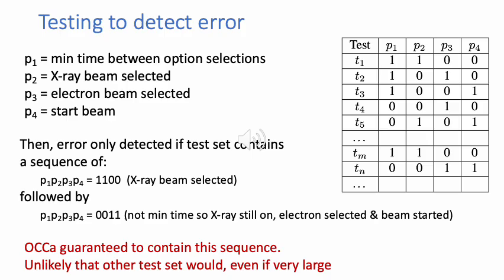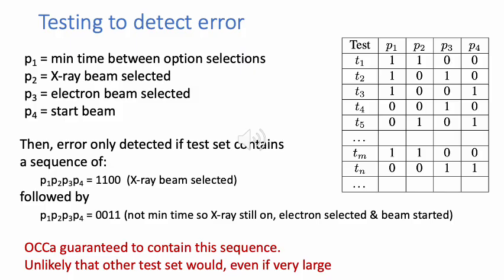So what happened in that case is that the operator thought that the electron beam was engaged and started that, when it was actually the much higher power, dangerous ionizing radiation from the X-ray beam. So we will get this particular sequence in tests generated using the adjacent combination covering array, whereas again, we probably wouldn't see this particular sequence, or we might not see it if we generated tests randomly or